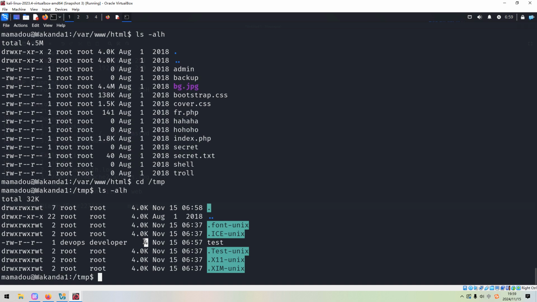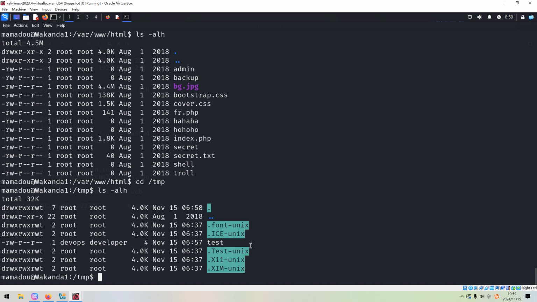Even if you wait more time, I think the time would change. However, from the permission setting, we know that this file belongs to developer. So next we can try to find some other file or script or some cron job that is running to create this file, this test. Okay, so how to do?